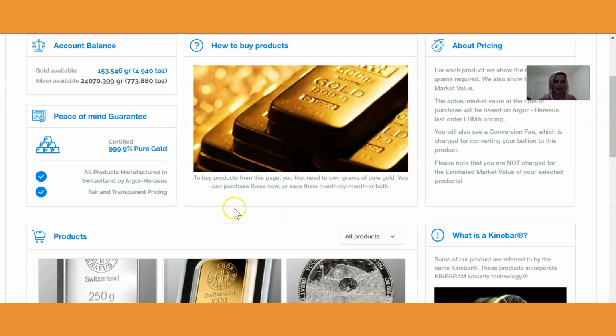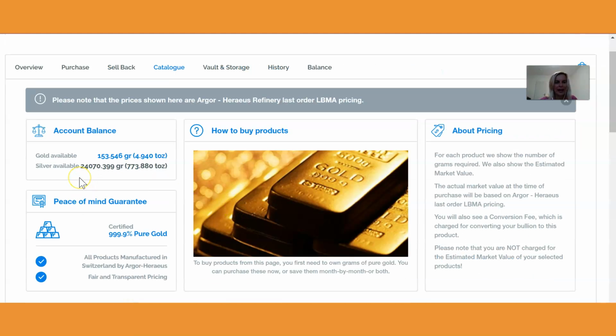Now let's go to the catalog very quick. So in the catalog, as I said to you, it's really a 2 or 3 step process, because one step is you purchase your precious metals. It's there in physical grams. The second step is, and this is only an option,